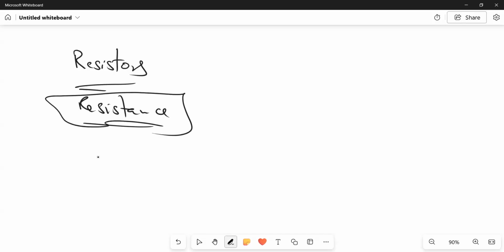And resistance is measured in something called ohms. I write out the word ohms, and this is the symbol here. It's kind of sharp. It's a Greek letter. And then you can have resistors that go from maybe